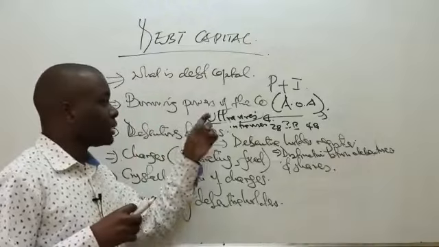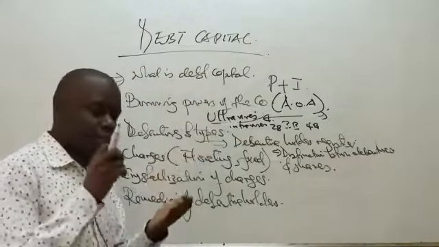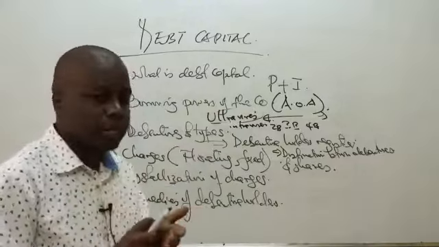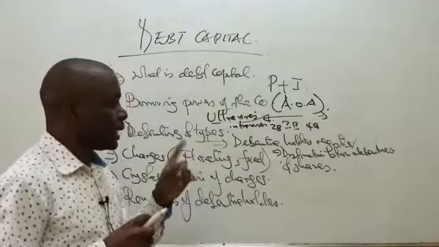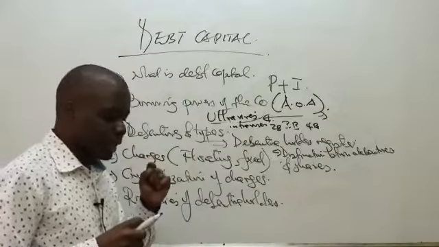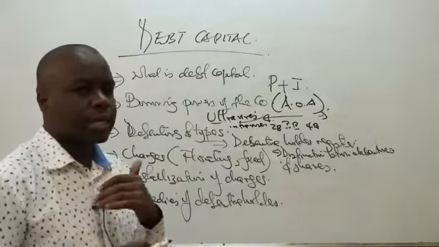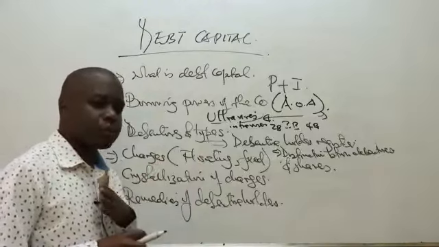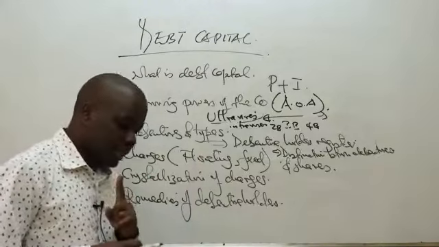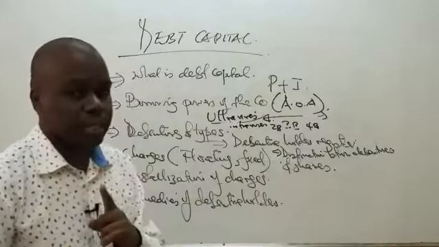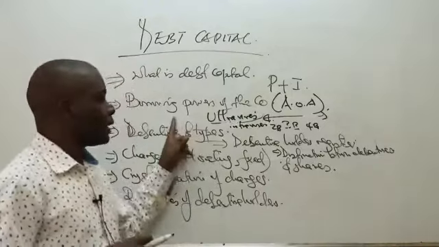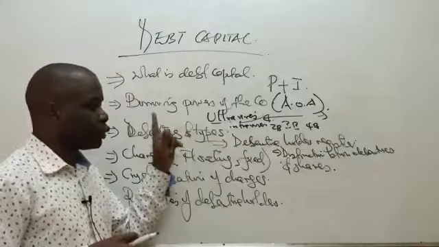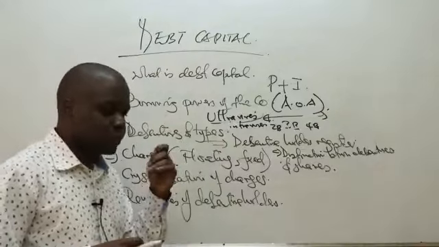They are the ones who approved the borrowing. So they signed the borrowing forms from the bank. So in such a case, this particular lender can recover his money by going for the director. So he can sue for damages or recovery of the money from the directors of the company. So that is one way he can protect his money that he has lent to the company. Another way he can do it is to seek a court order and